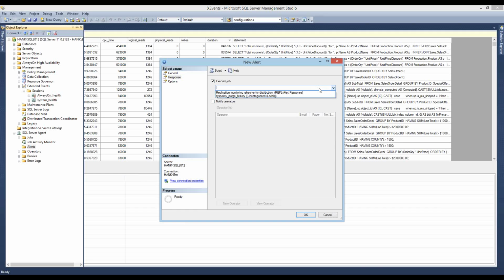And the response is we're going to execute a particular job. You could set up an agent job, which I don't have set up right here, which then starts your extended event session. Okay, so for CPU, I know there's a way to do it. I will figure that out and I'll write a post on it. Good question.